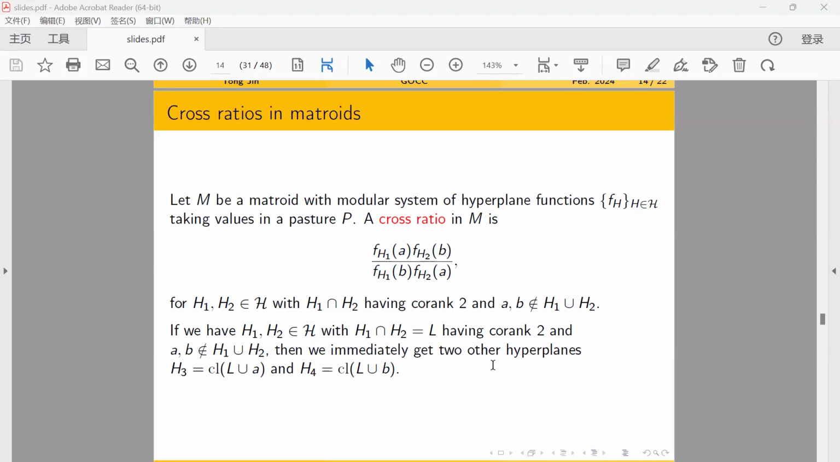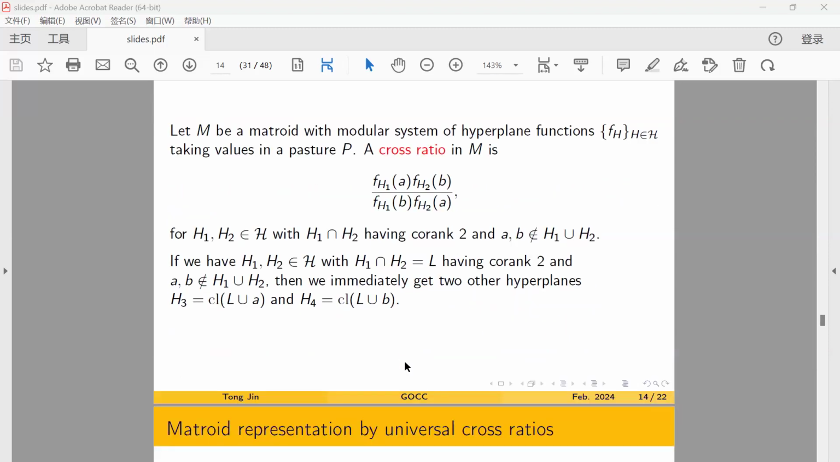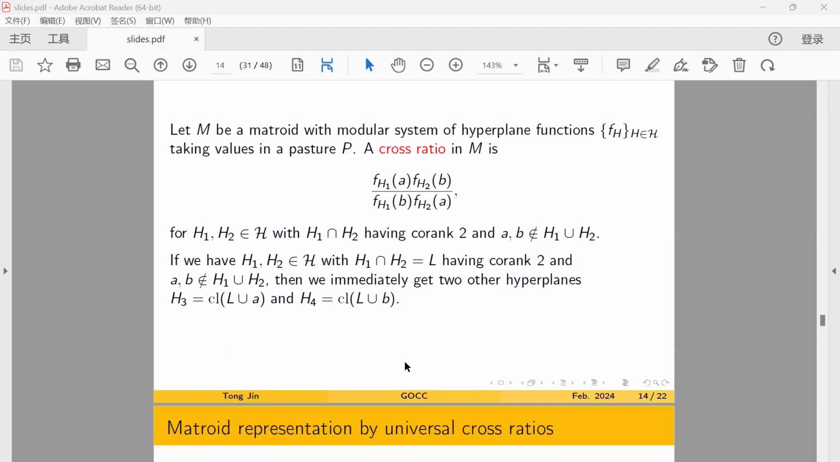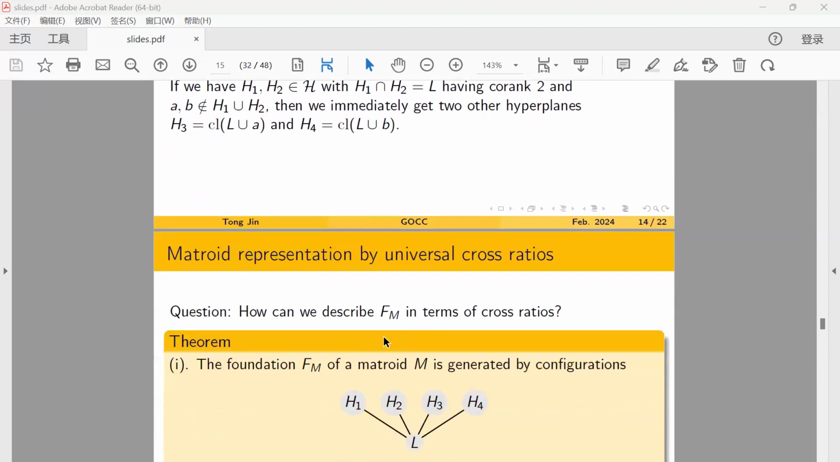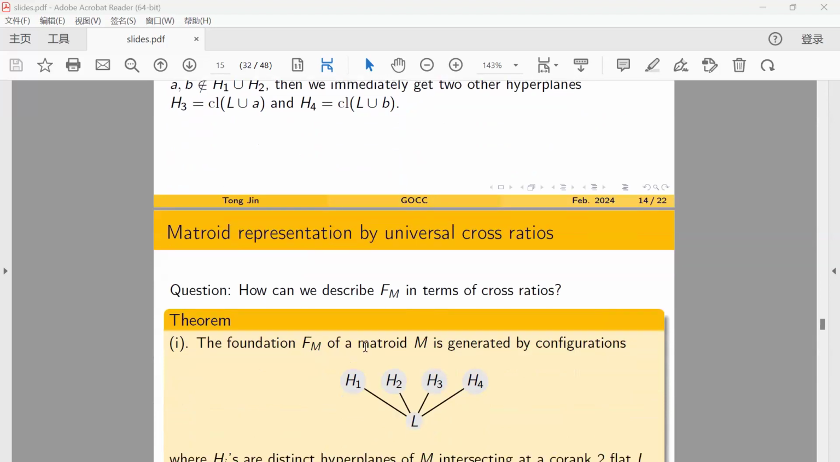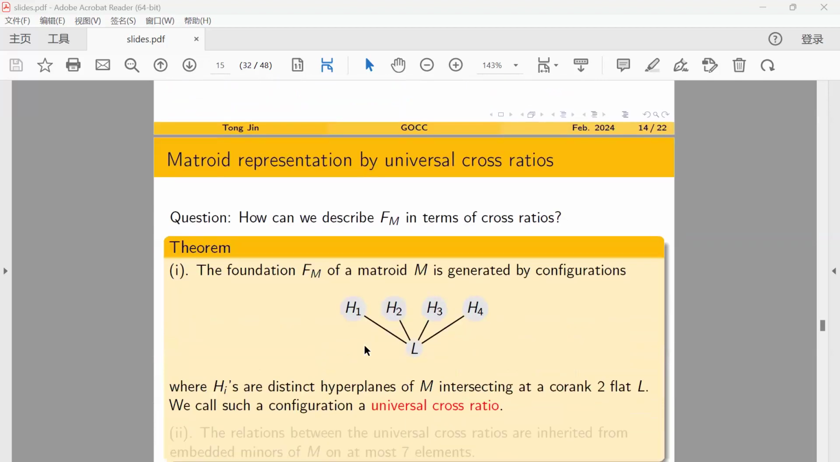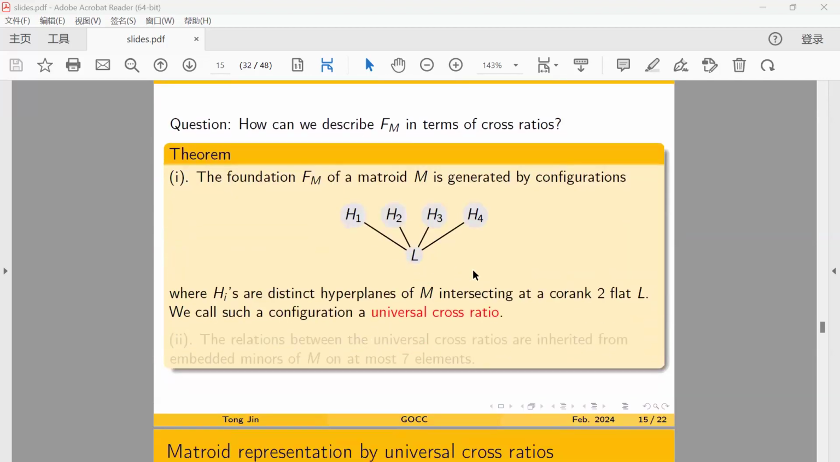Now, once we have the cross ratios, our question here is, can we describe the foundation, or the representation space, in terms of the cross ratios? And the answer is yes. Actually, the foundation Fm of a matroid is generated by the universal configurations inside the lattice of flats. So we don't care about the pasture P, we only care about the matroid. Once we have a matroid, we look at its lattice of flats, and we look at the sublattices in the